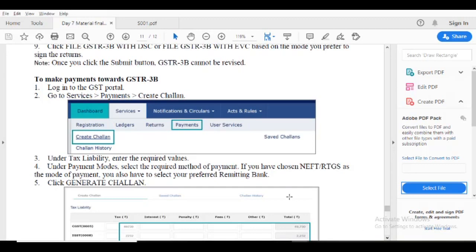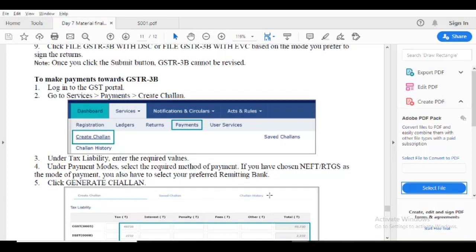To make the payment towards GSTR3B, log in to the GST portal, go to services, then payment, create the challan. Under tax liability, enter the required value. Under payment mode, select the required payment mode, NEFT or RTGS, and you also have to select the preferred remitting bank.